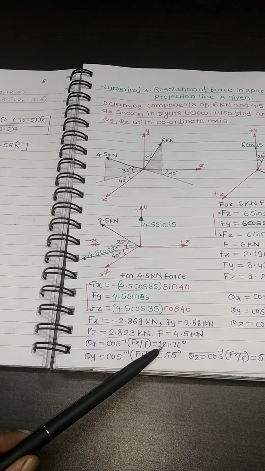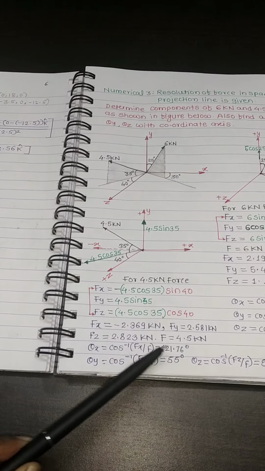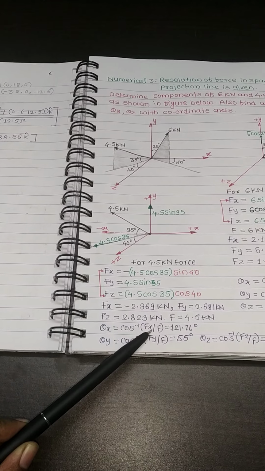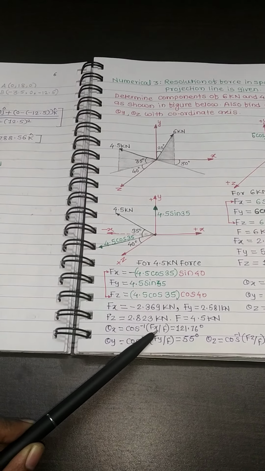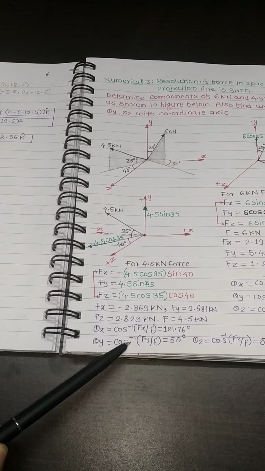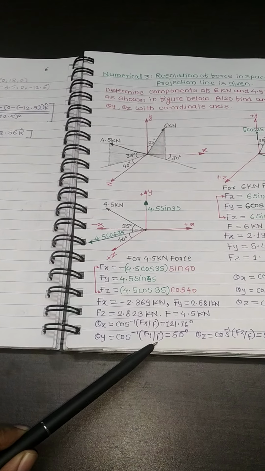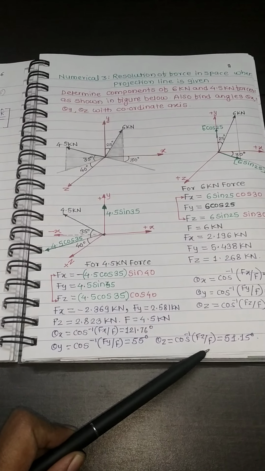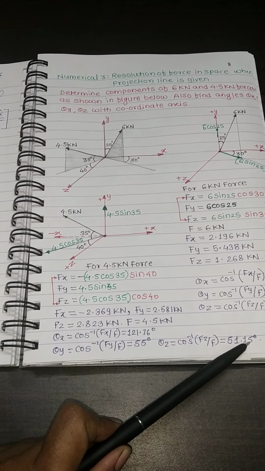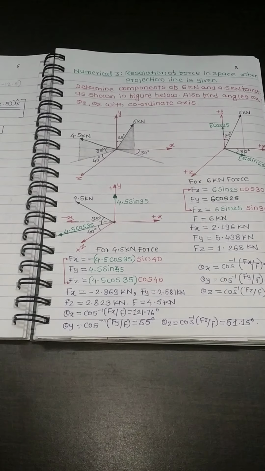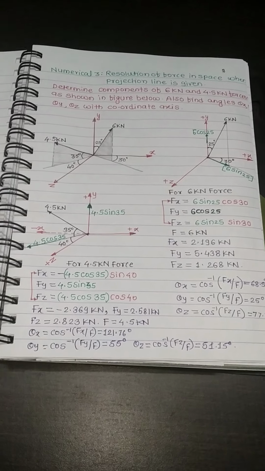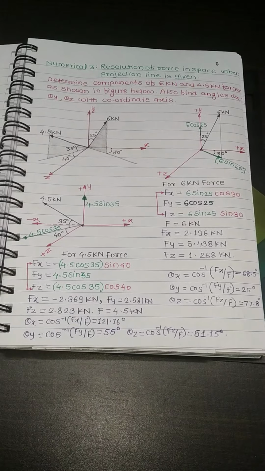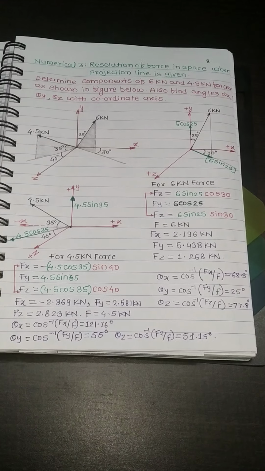fx upon f. It becomes 121.76 degree. fx comes as negative. Substitute the negative value only, because with the negative axis we have to find out the direction of the force 4.5 kilonewton. Theta y is equal to cos inverse of fy upon f. It is 55 degree. Theta z is cos inverse of fz upon f. It will be 51.15 degree. In this numerical, we have seen how to resolve a force into three components when a projection line is given. I hope you have cleared the concept, but